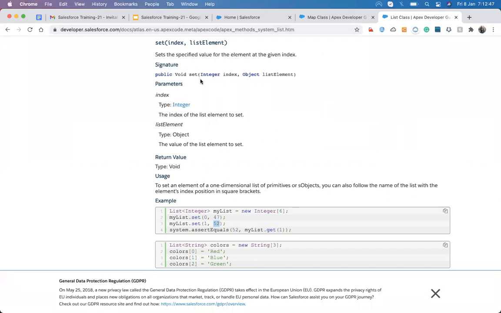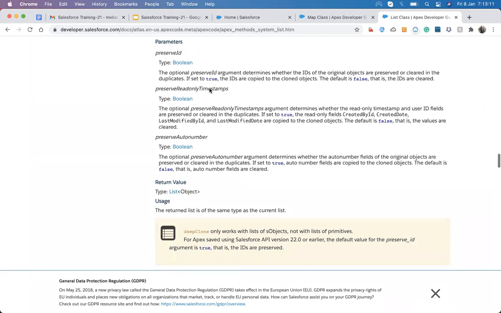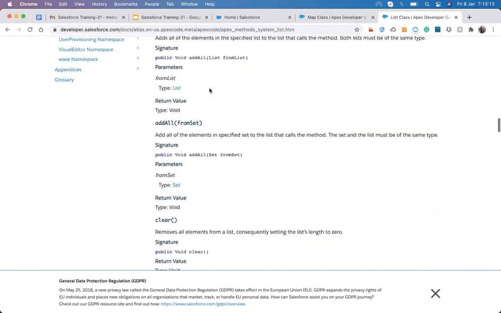Whenever you are working with the list, set, and map, just come and visit what methods are available for them in Salesforce, because there are so many inbuilt methods. Before you start working with the list, set, and map, or whenever you get a requirement, just come up here.